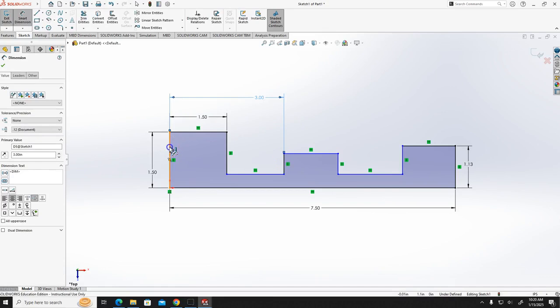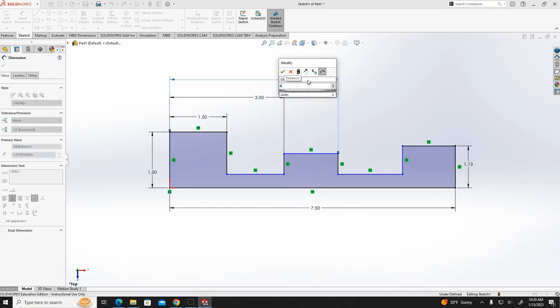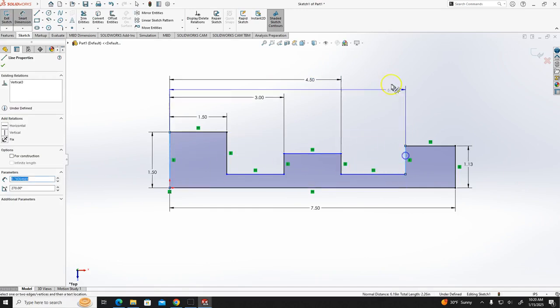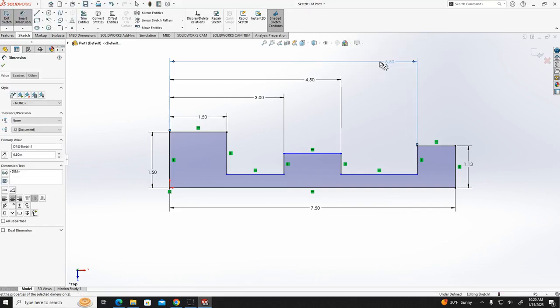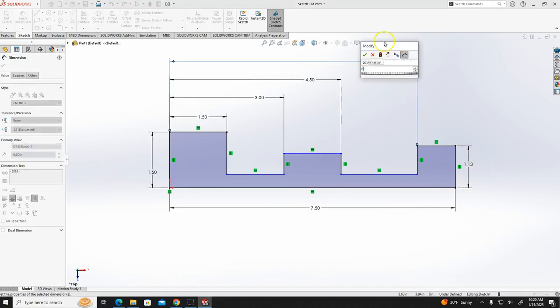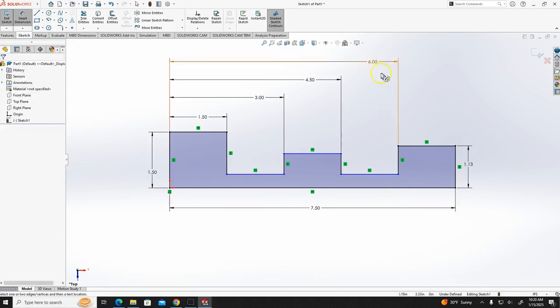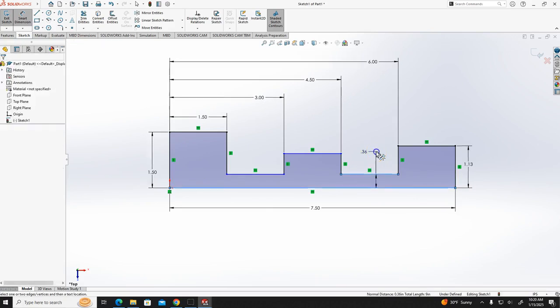Okay, then this line, it should be 4.5. This line, this should be 6.5. Okay, let me check. No, it should be 6. Okay, so now these all dimensions are given. Now this dimension is remaining, so these thicknesses are remaining. So click on this and this. Okay, so it should be